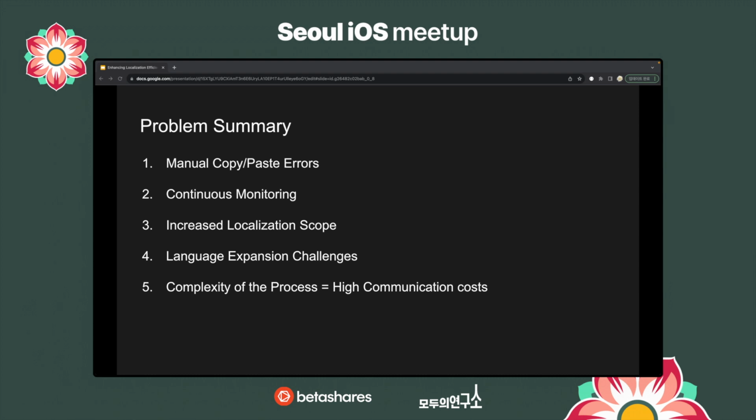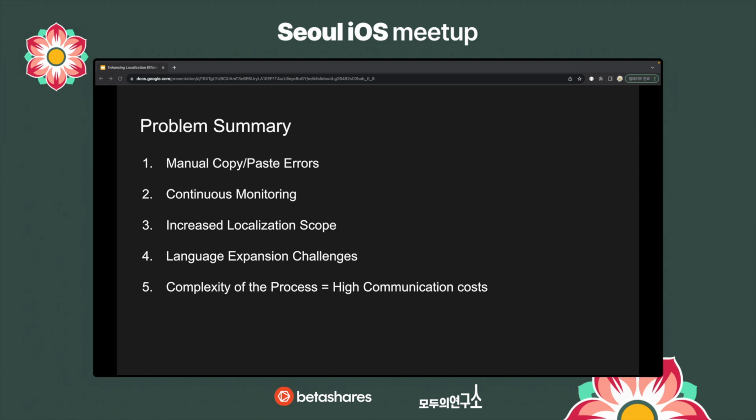Third, the addition of new languages increases the scope of localization that developers must handle, multiplying the number of translations required. So, for instance, let's say that your team is adding a new language like Chinese or Vietnamese. This would increase the repetitions of localization tasks from 250 to 350.